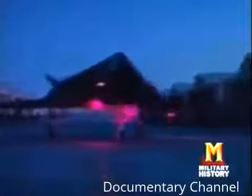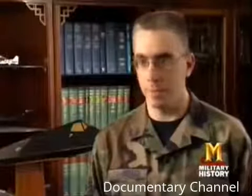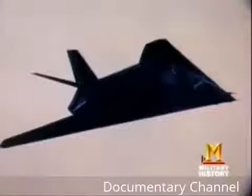The people who worked on that fighter when it was still in the black world referred to this as the vampire convention, because they would have to rush home, get the aircraft in the hangar, and be back by sunrise. The F-117A came out of the black on November 10th, 1988, when the Defense Department released this purposely fuzzy photo